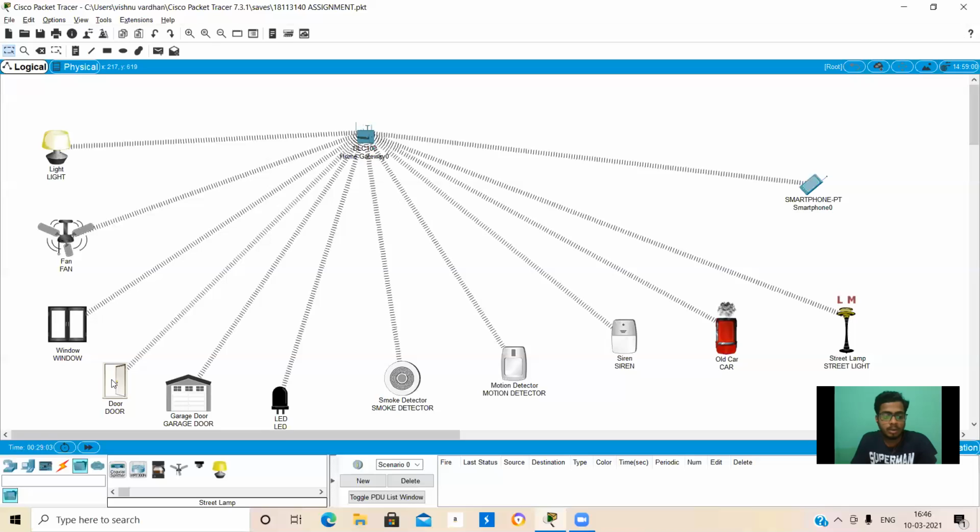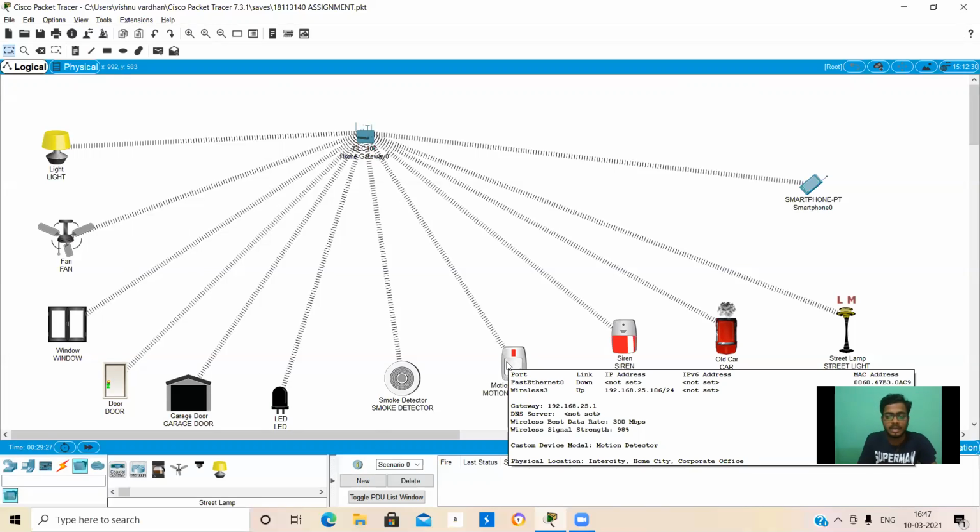Now, I'll close my door. I don't need my door to be open. So I have closed my door. When I close my door, automatically the light and fan are off. Next, coming to the other condition, the motion detector. When my motion detector is on, what happened?